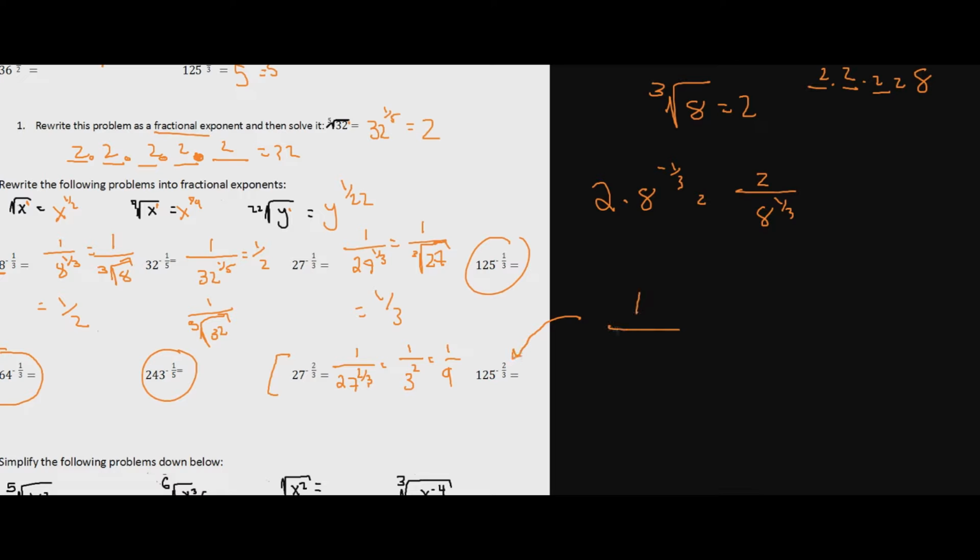Let's go ahead and try this one out over here. We get 1 over 125 raised to the 2/3. Okay, again, the denominator on your exponent tells you what 3 numbers multiply to give you 125, that are the same. Happens to be 5. We kind of did this problem together, so we get 5. Well, we haven't done anything with the 2, so we get 5 squared, and now we get 1 over 25. Okay, and that's pretty much how we can work with these. So let's go ahead and try these last ones here, just rewriting this into fractional exponents,